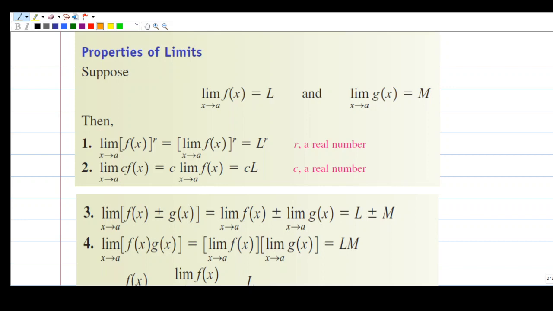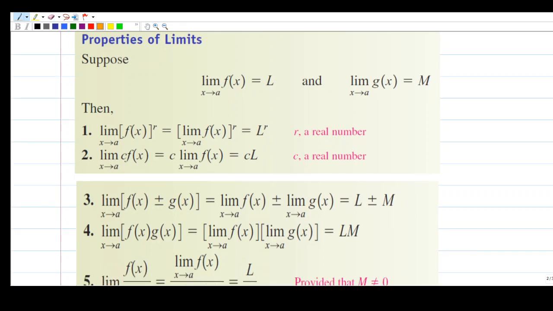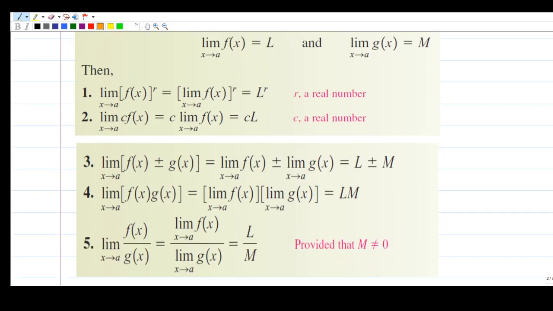Number 4, right, from the structure, the limit as x approaches a of the product of two functions. This is the same as the product of the limits of those functions as x approaches a. Right? That is what the 4th